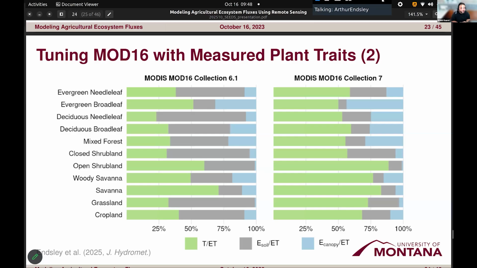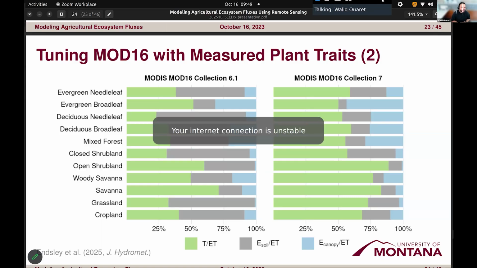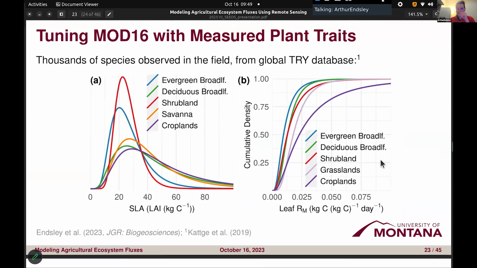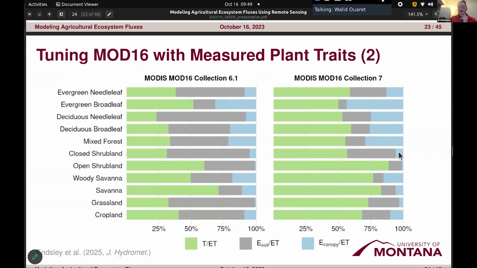I think we're having unstable internet again. We will ask Arthur if he can come back to tell us more. Arthur, I need to cut you again and ask you to go back 10 or 20 seconds because of the internet. Sorry for that. No problem. Is this a good place to start? No, the other slide was good. Oh, okay. Yeah, so 10, 20 seconds.